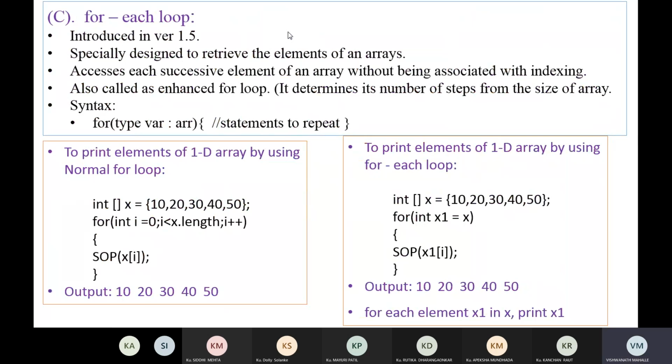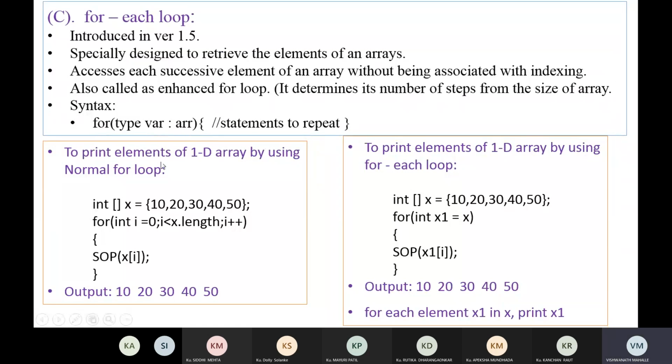Access is to successive elements without being associated with indexing. It is also called the enhanced for loop. It determines its number of steps from the size of an array. Syntax is: for, then type, variable, colon, array, then the statement to repeat.